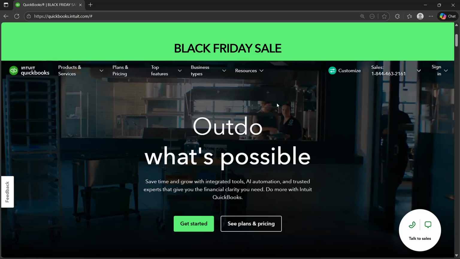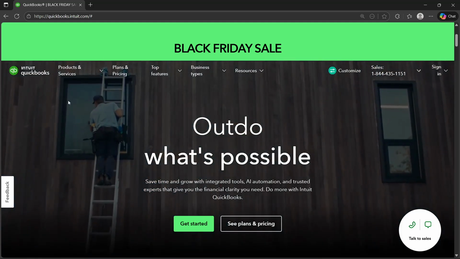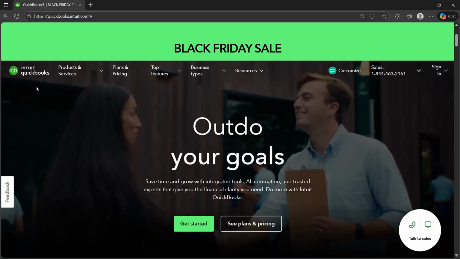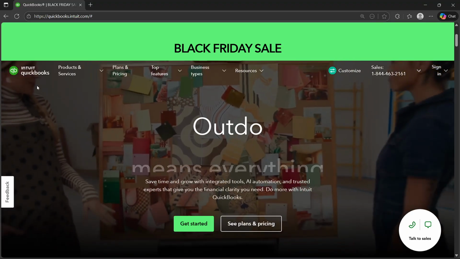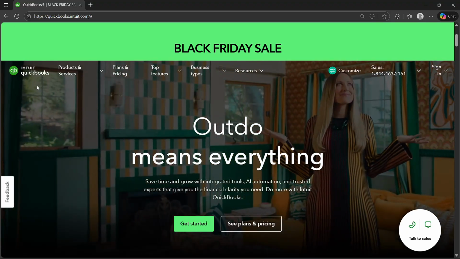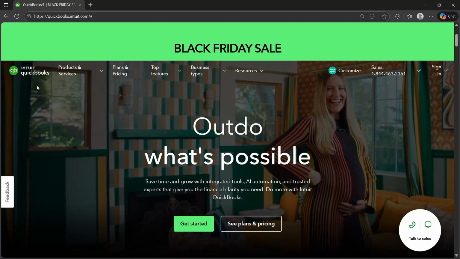After logging in, you will see sales or expenses on your left panel. So it should be right here. Just go ahead and click that and then click products and services. And then you will adjust your quantity and value. And after that, you will just have to find the